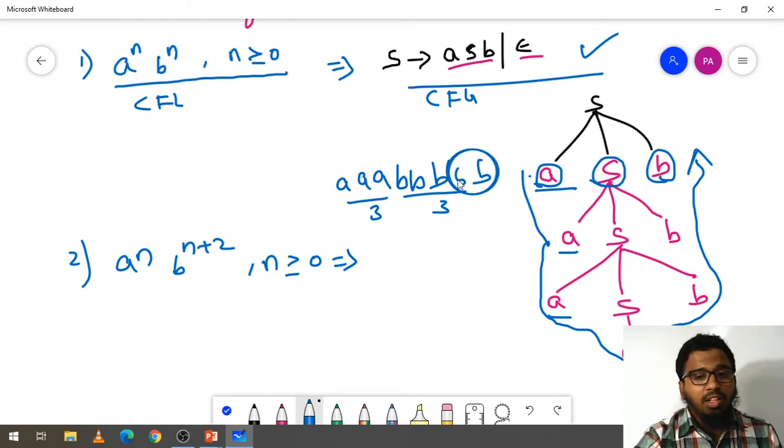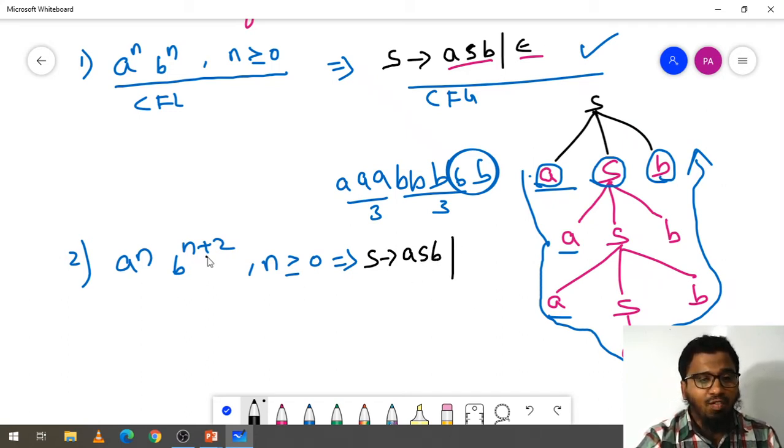That should be like this. So how can we make a grammar for that? The grammar is S → a S b, for a^n b^n, just now we finished here. So as it is, terminal, non-terminal and terminal. Whenever we have plus 2, plus 3, plus 5, any number, no problem.